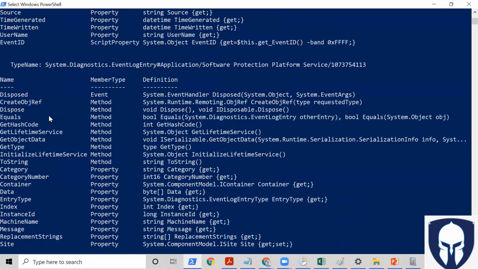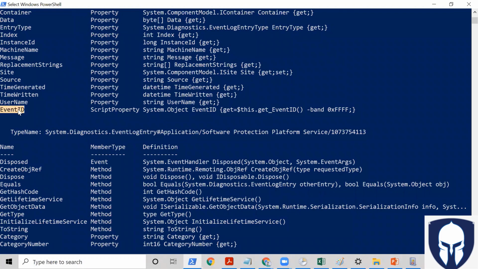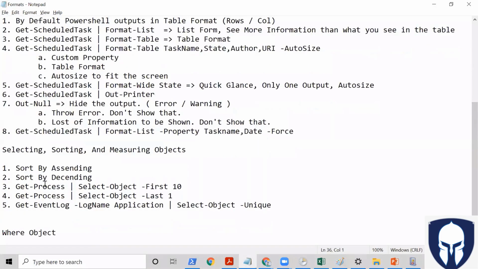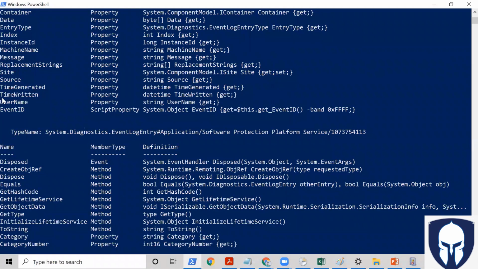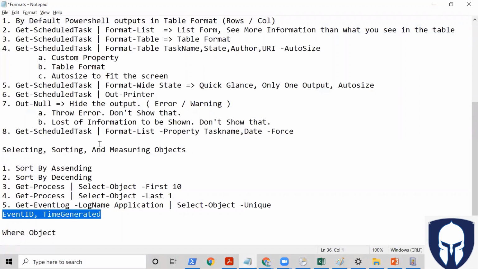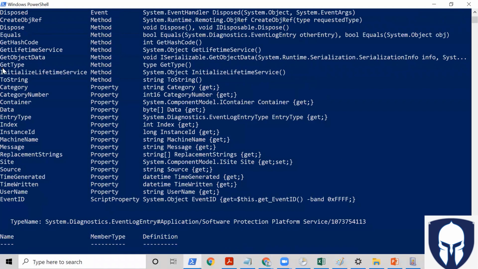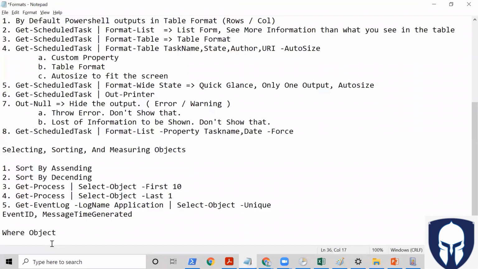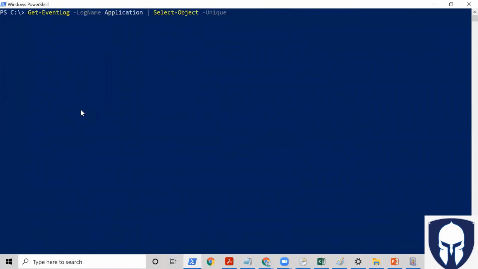In that case, what I'm going to do is copy this event ID and paste it here, comma, and then I also need the time generated. So these are the two pieces of information, or let's say we also need the message. Now, what I'm going to do is select hyphen object hyphen property and I paste here: event ID, message, time generated. I hit enter